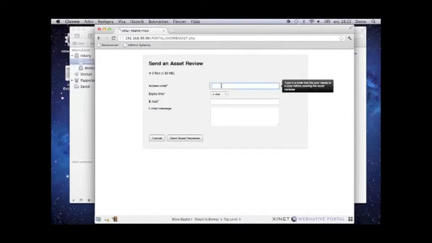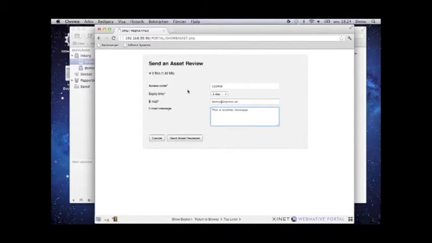So let's see. It's possible to have an access code. Although the link will take me directly in, I can also add additional security by adding an access code. So if I do that and send that to InPress.se,